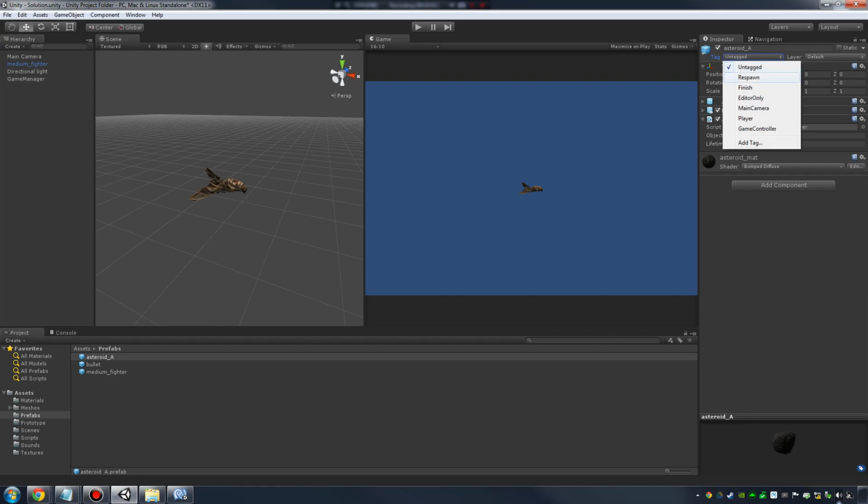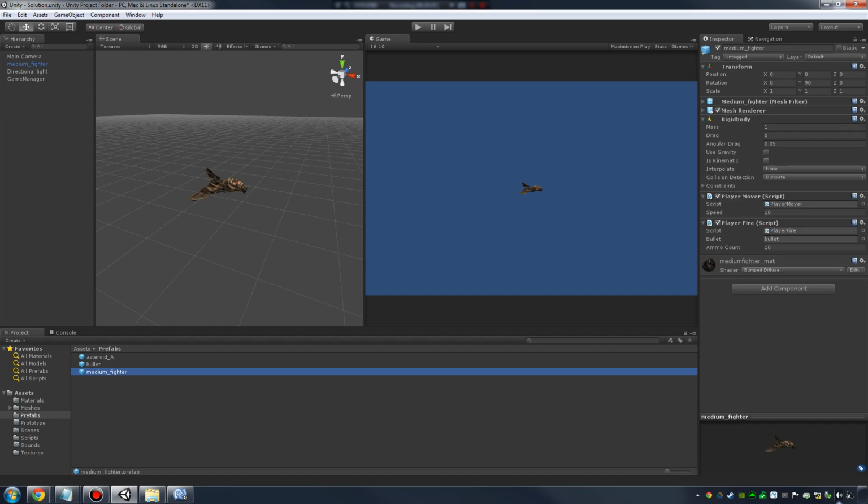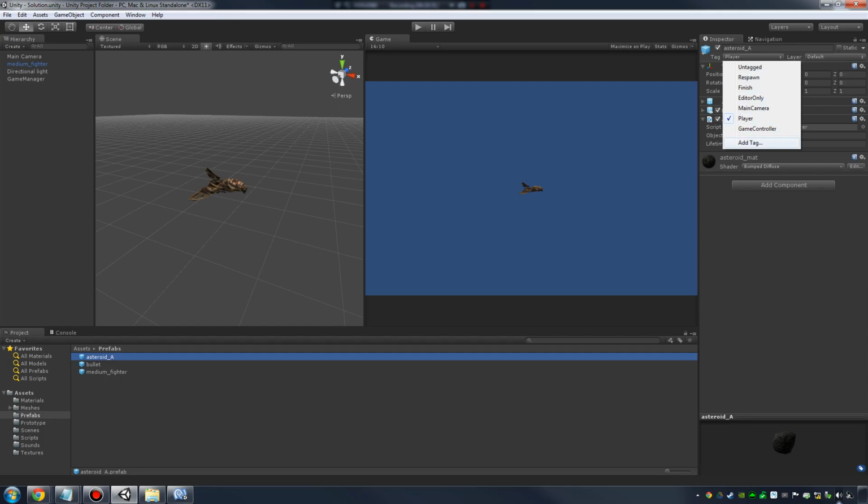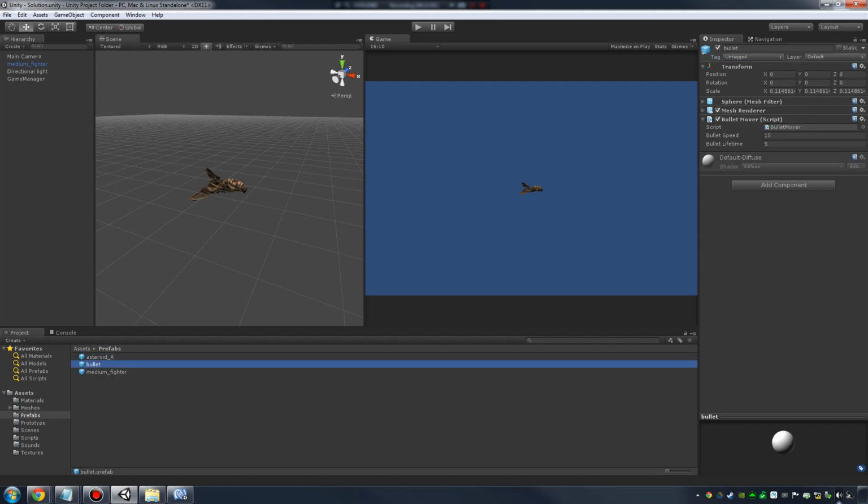Alright, so we can just simply set our medium fighter to player. I believe I accidentally set asteroid to player. If you ever accidentally set a game object to the wrong tag, you can just set it to untagged right there to undo that. And I believe in the asset package I have, there was a bullet and hazard tag already created for you. But I went ahead and deleted them, and I'm going to show you how I made those